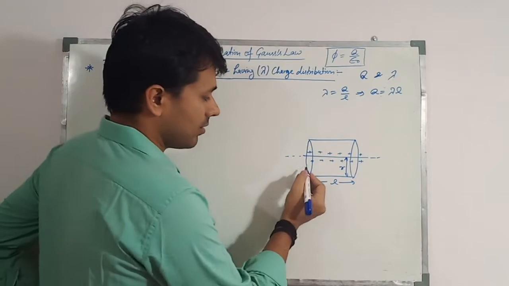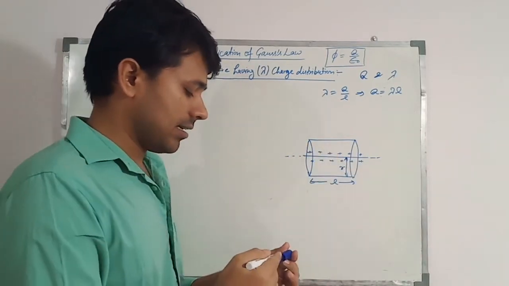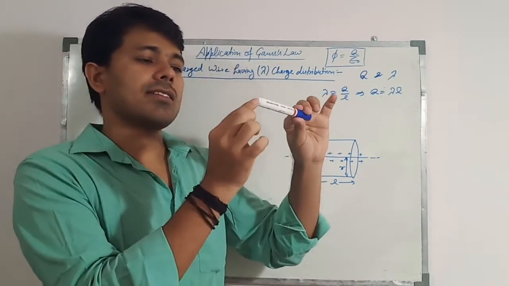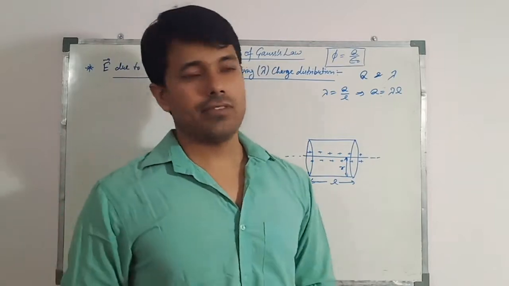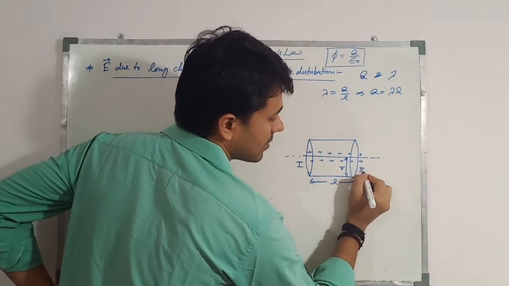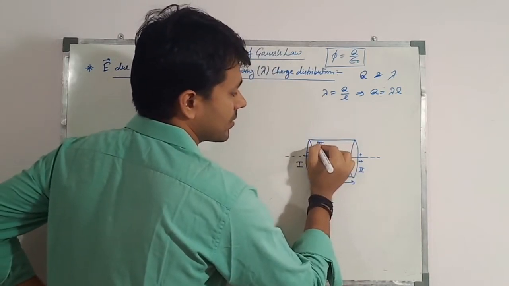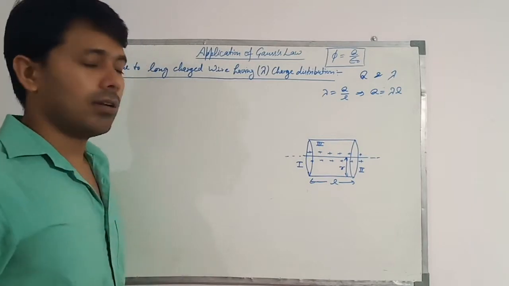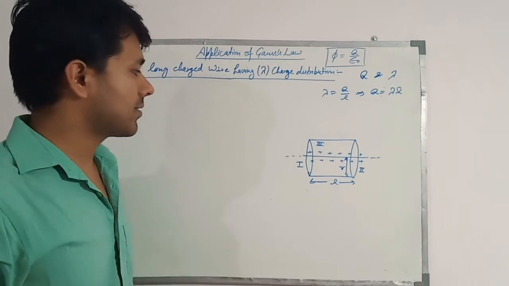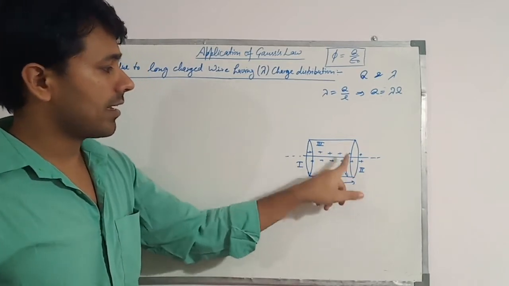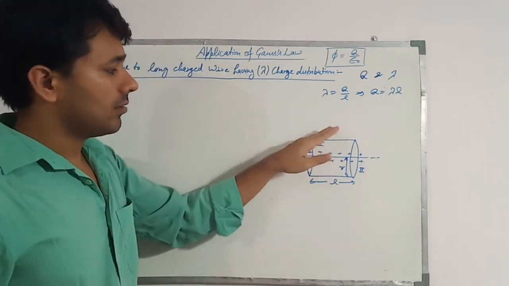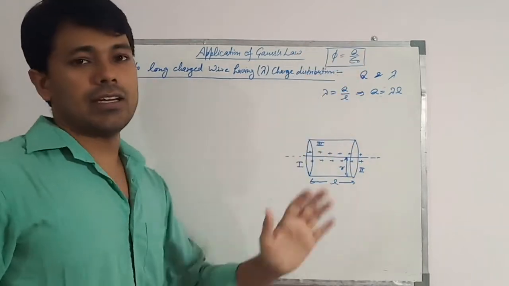We can see here there are three surfaces. This is a cylinder. The first surface is this, the second surface is this, and the third is the curved surface. Let us take a small area on the first, second and third surfaces where we have to find the electric field, and then take integration through the whole area.